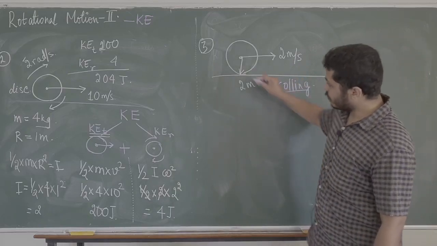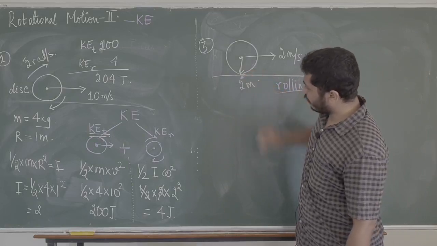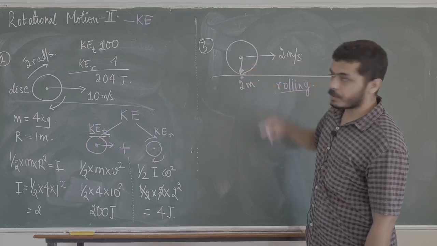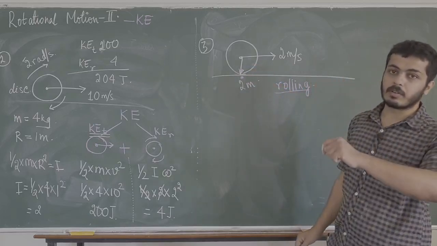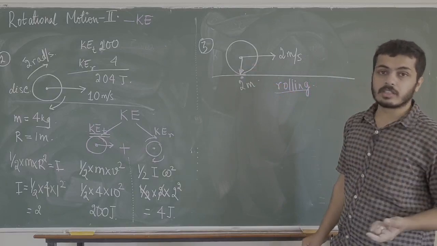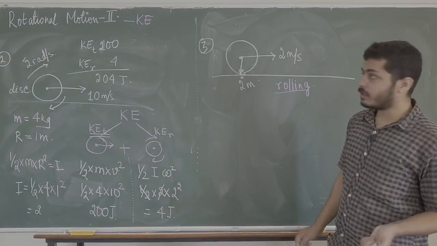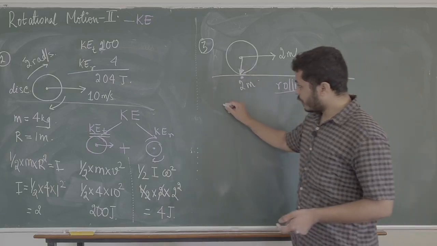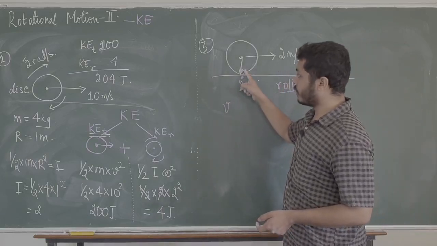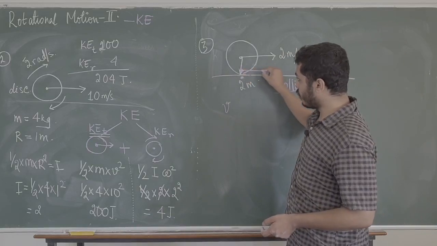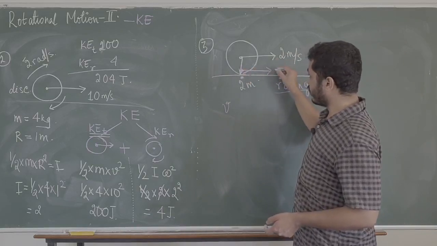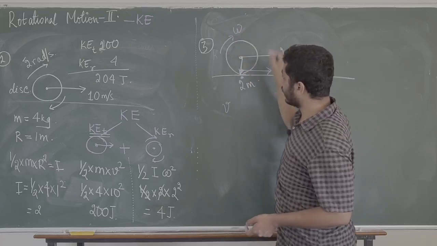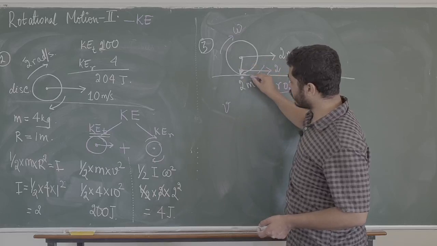I've taught you rolling motion. If the wheel is rolling, the velocity of the surface and the velocity of the wheel's contact point should be equal. So what is the velocity of the surface? It is 0, because I did not say that my surface is moving, my surface is at rest. We have already seen many problems on rolling motion. The wheel is moving forward at 2. I don't know how fast the wheel is rotating, so let us say that the velocity of rotation is omega.